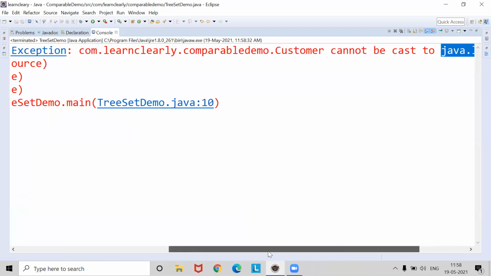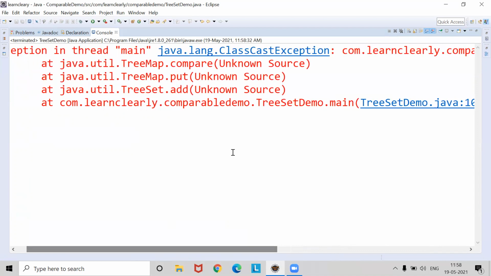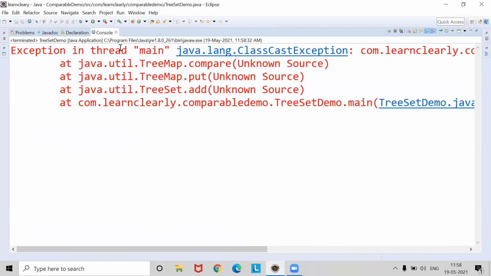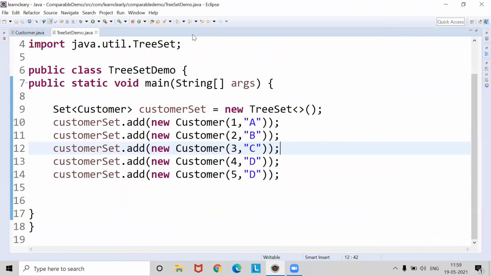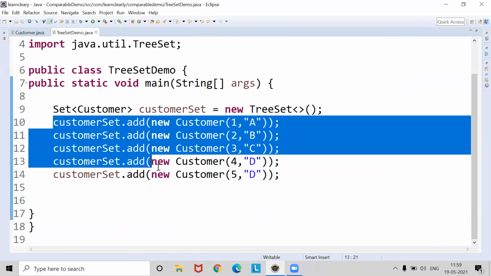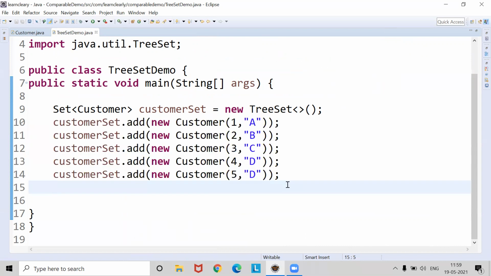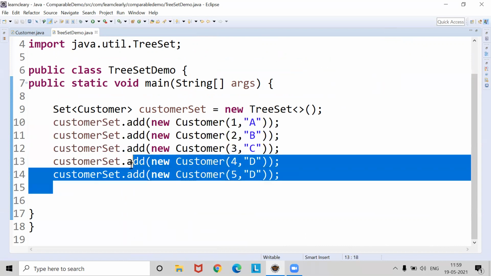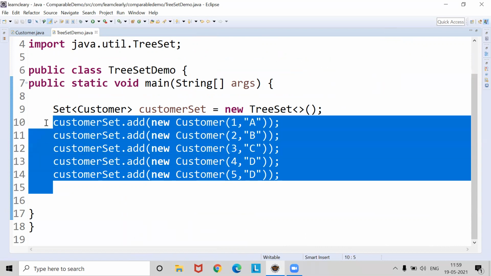Interface. Okay, so this means that the TreeSet internally makes use of the Comparable interface and its method named compareTo, because the TreeSet is a sorted set. So whatever data we add to the TreeSet is sorted in ascending order. But in order to sort the data in ascending order, the TreeSet needs some logic to perform the comparison